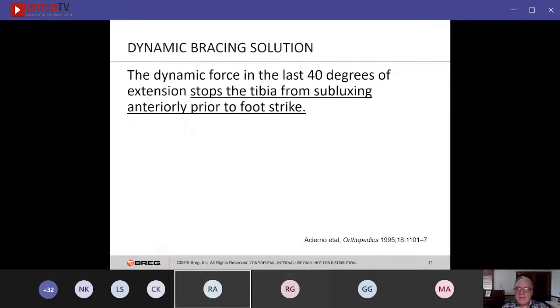If you can prevent the tibia from subluxing prior to foot strike, then when the foot impacts the ground, the joint is in a conjugate position. And you're now compressing the condyles and rendering some stability in the normal place. This is important because